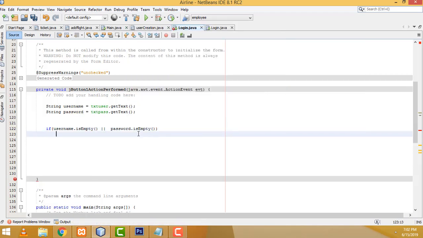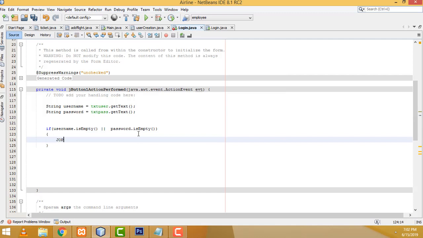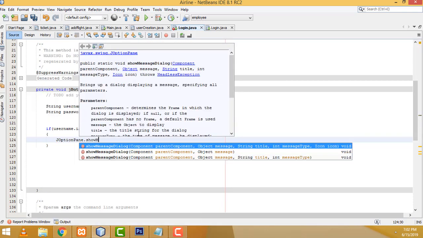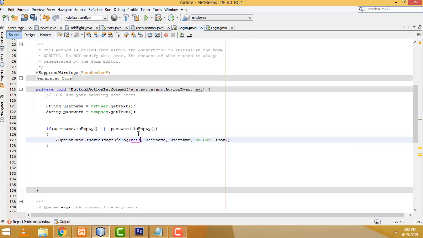If it is empty, you have to throw the error as JOptionPane.showMessageDialog, with the message username or password do not match, right? Else